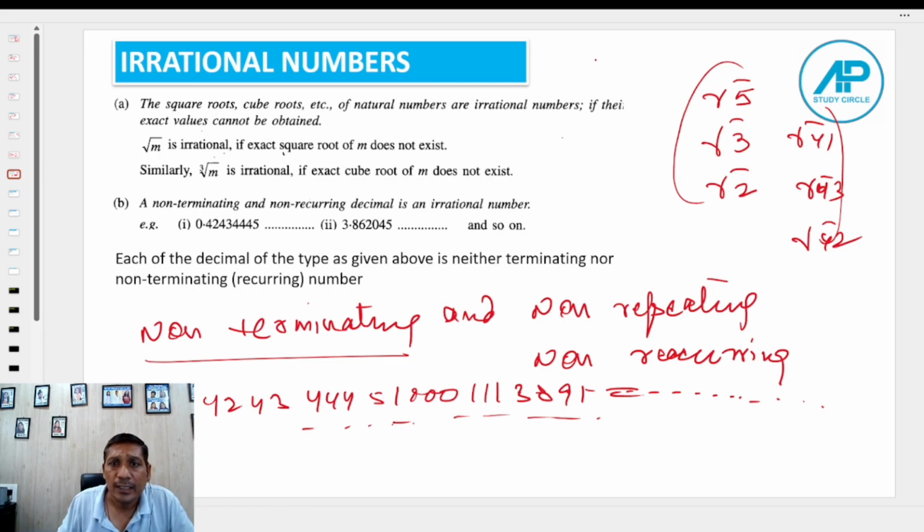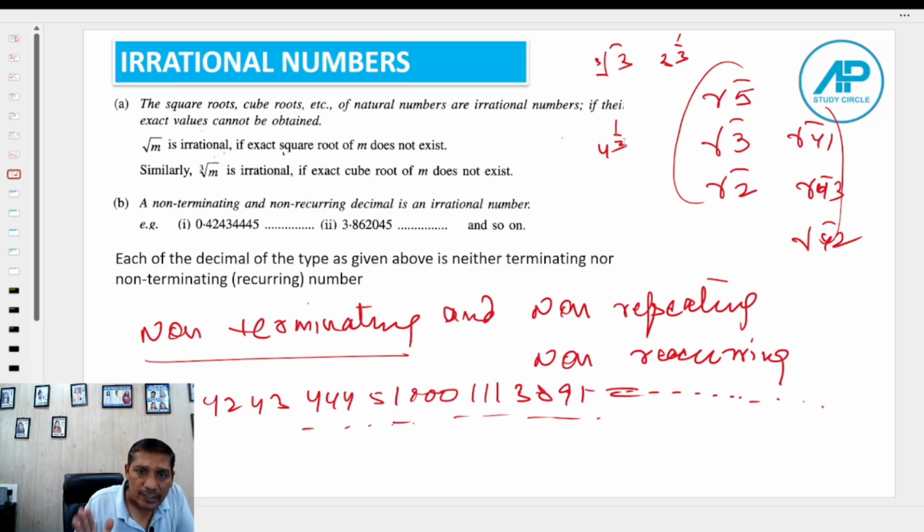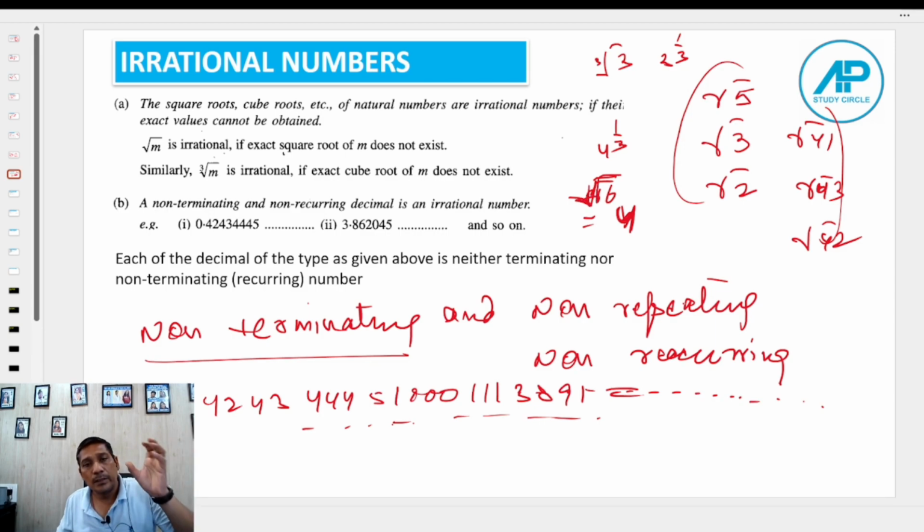आप क्यूब रूट फाइंड करिए, आप क्यूब रूट ऑफ 3 फाइंड करिए, आप 3 की पावर 1/3, 4 की पावर 1/3, ये सब निकालते जाइए, ये सारे के सारे irrational numbers होते हैं. So always understand जो नंबर परफेक्ट स्क्वायर नहीं होते हैं, लाइक इफ आई फाइंड द स्क्वायर रूट ऑफ 16 तो वो 4 आएगा। ये एक रैशनल नंबर हो गया, बिकॉज 16 एक परफेक्ट स्क्वायर नंबर है। जब स्क्वायर नंबर हो तो उसका कंप्लीट रूट आ जाता है, लेकिन जब नॉन परफेक्ट नंबर्स लाइक 5, लाइक 3, लाइक 2, उनके स्क्वायर रूट हमेशा इररेशनल